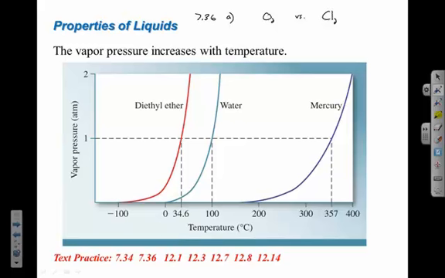In this case, these two should both experience London forces, but the chlorine is a larger atom than the oxygen. It has a whole other layer of electrons. Its valence electrons should be much more fluid. It should be able to create stronger London forces than the weaker London forces of the O2. And so this one should have the higher boiling point. You can make the same argument for parts B and C as well, except in part C,